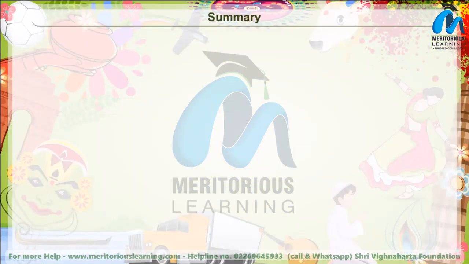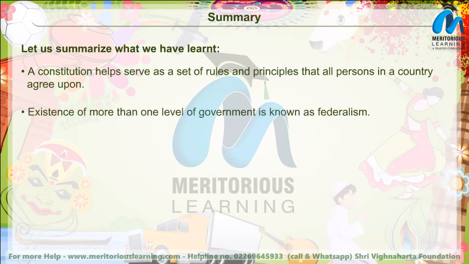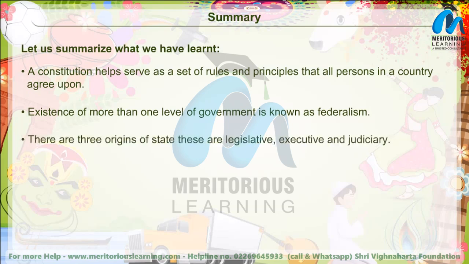Summary. Let us summarize what we have learned. A constitution serves as a set of rules and principles that all persons in a country agree upon. Existence of more than one level of government is known as federalism. There are 3 organs of the state. These are legislative, executive, and judiciary. A secular